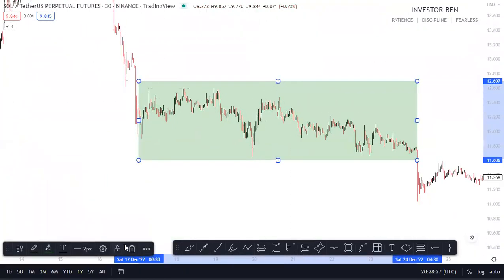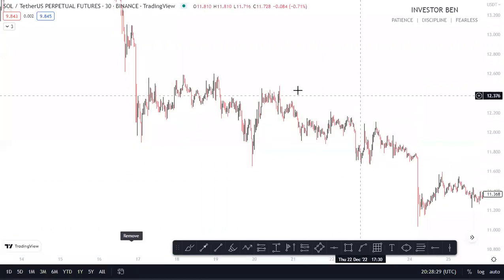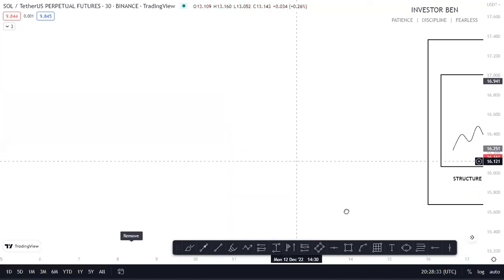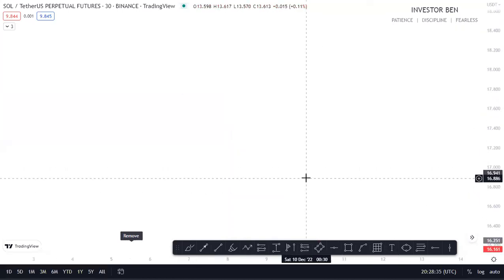Yeah, so let's look out for some entry models. I'm already seeing some here, but let me try to draw them for you. Some entry,